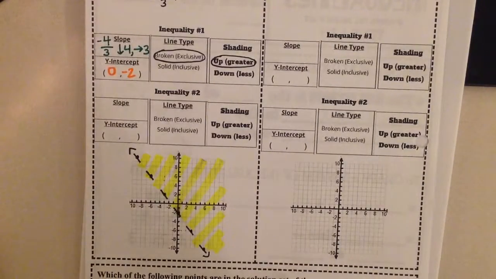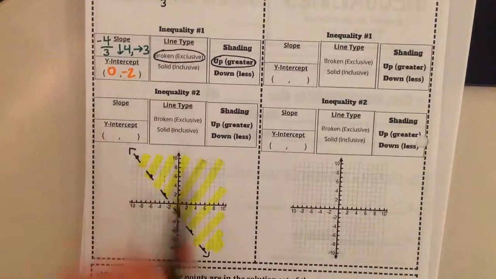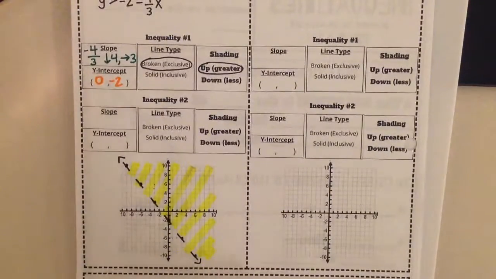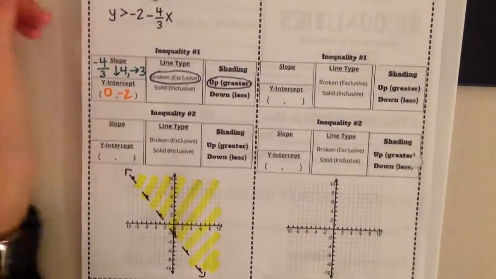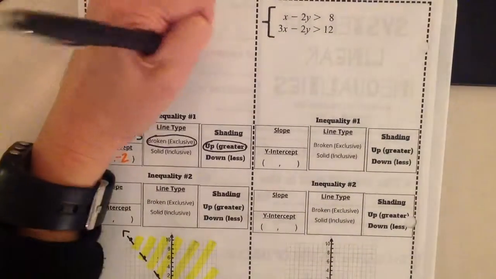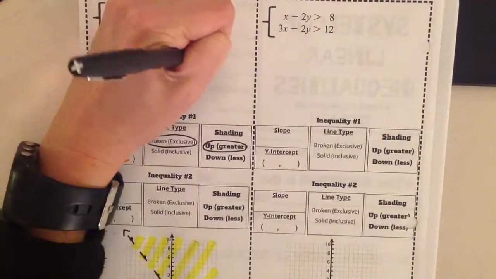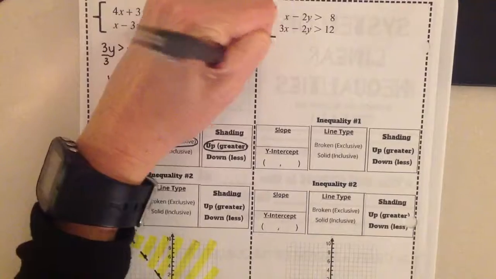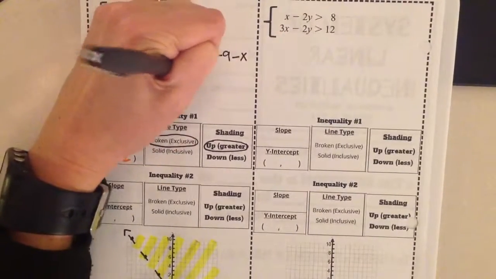And now I'm going to rearrange my second inequality so that I can get these 4 characteristics: slope, y-intercept, I can look at my boundary line and my shading. Those are the 4 things that I need to be able to match up between my system of inequalities and my graph of my system. So we are going to rearrange and graph the inequality number 2. So I have to subtract x from both sides. So I'm going to have negative 3y is less than or equal to negative 9 minus x, and then we are going to divide by negative 3